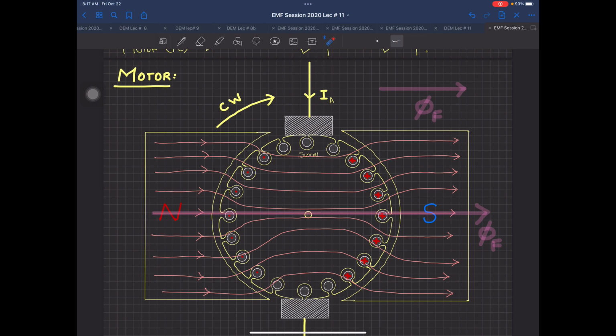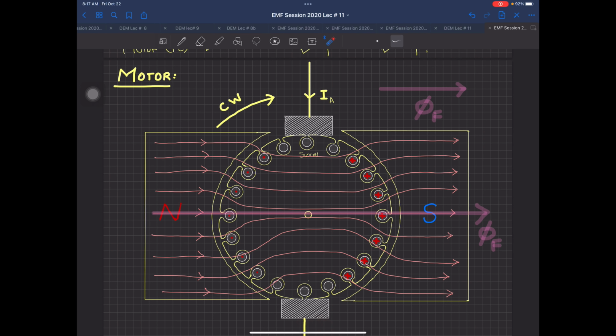Now this block is the carbon brush, which is going to take all the winding current, because all these 20 slots of winding are in series or parallel combination, either a lap winding or a wave winding or whatever the condition may be. These carbon brushes are the entry and exit point of the current through this machine.